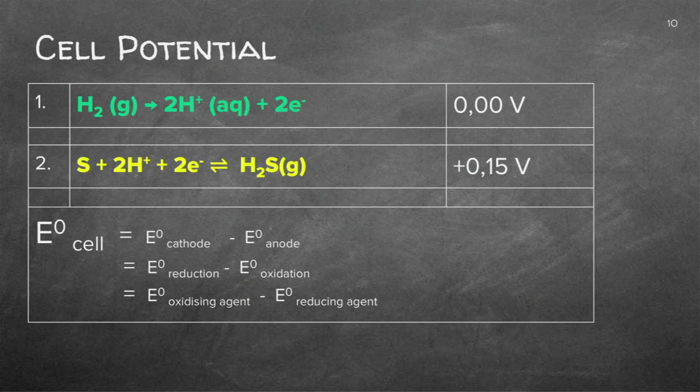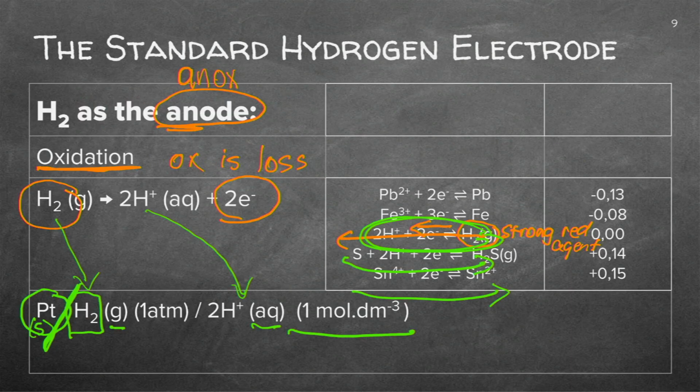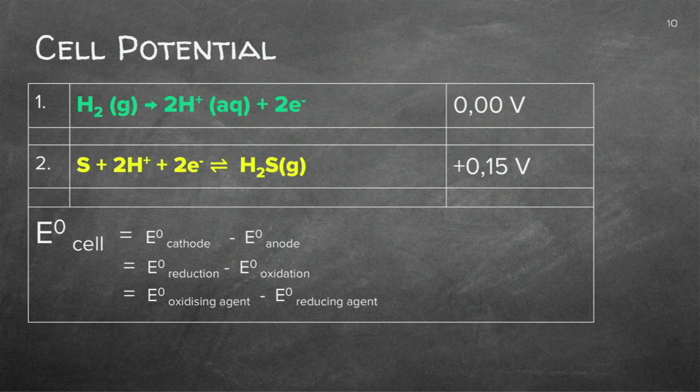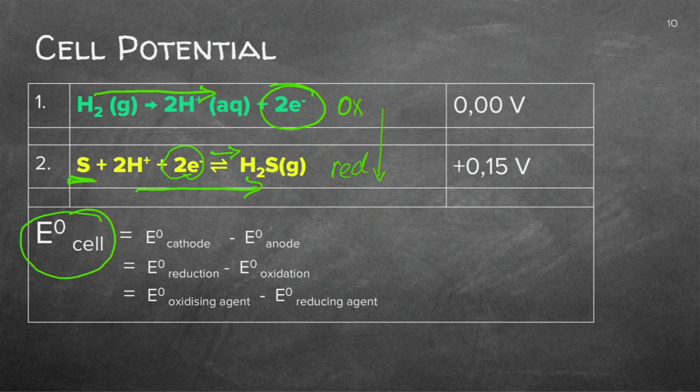Let's have a look at the cell potential. If I have a look at my diagram again, at the bottom here, I've got sulfur going to H2O. So let's take those two reactions. I've got the hydrogen going to hydrogen ions, giving away the electrons. So that is oxidation. The reduction half reaction will be anything below the hydrogen. In this case, it's sulfur. And you can see that will go that way. It will pick up the electrons and it will go that way. So that's the reduction.